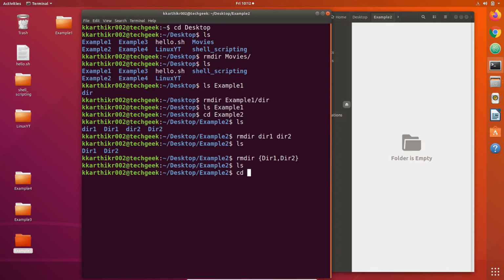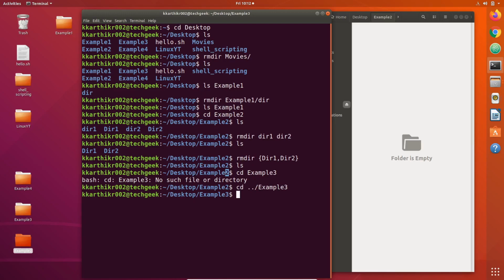Let's change our directory to example3 directory. Sorry, we are now in example2, so we have to go back to desktop and change our directory to example3. Now we are in example3.